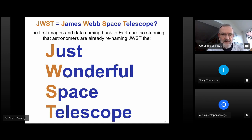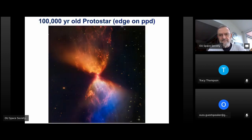And again, if we just look at some of these pictures that have boggled people, this is a relatively recent one. This is a protostar reckoned to be about 100,000 years old. And in the middle of the image, you can probably make out a little white disk with a band across it. And what we're looking at there is a protoplanetary disk edge on, by chance alignment around this protostar,